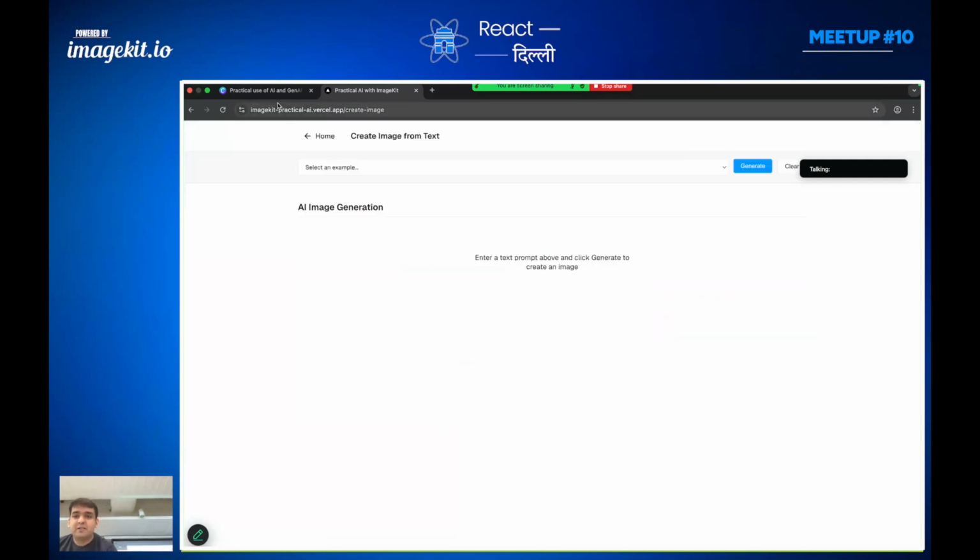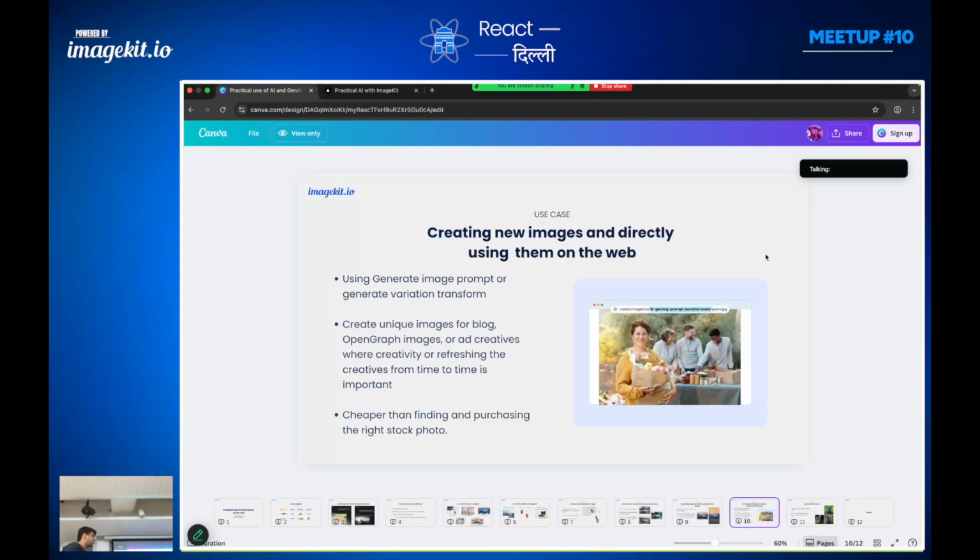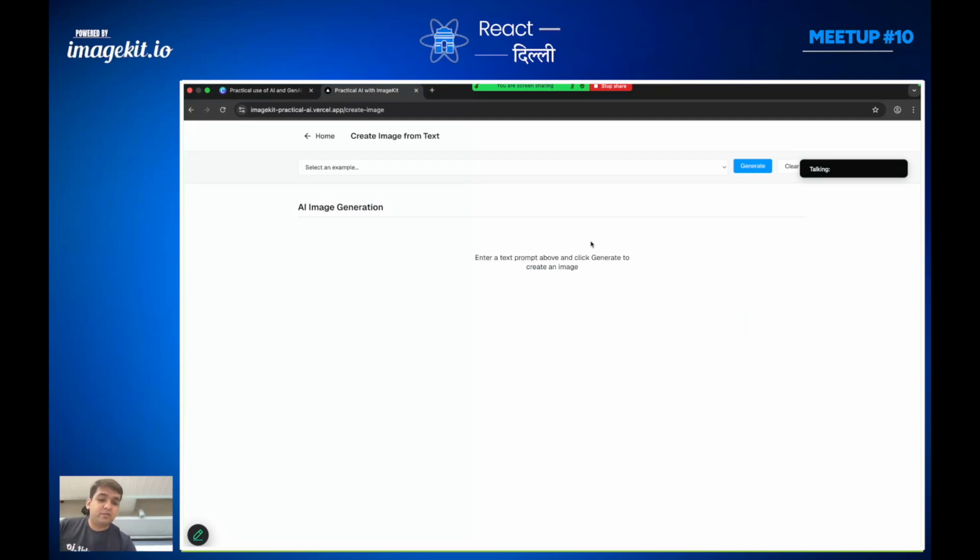Okay. So after that, we're going to move to actually creating your images on the fly. Now, not every time you create an ad, you're like, I have these stock images. Sometimes you want to go on the internet. You're going to scour the internet, finding the right image. You can't find it. But you have an image, an idea of an image or a base image that you can create variations out of. Now, this is something you can also do here. So, for example,